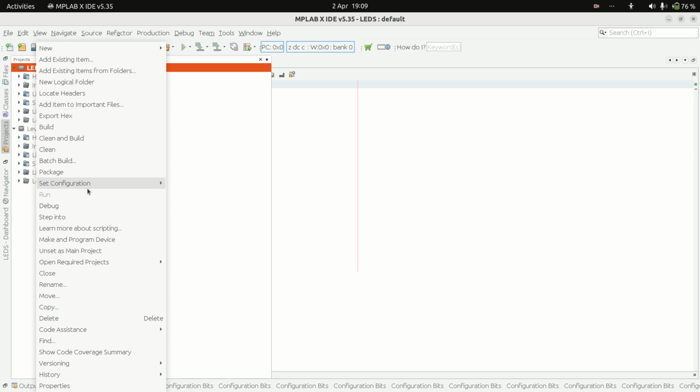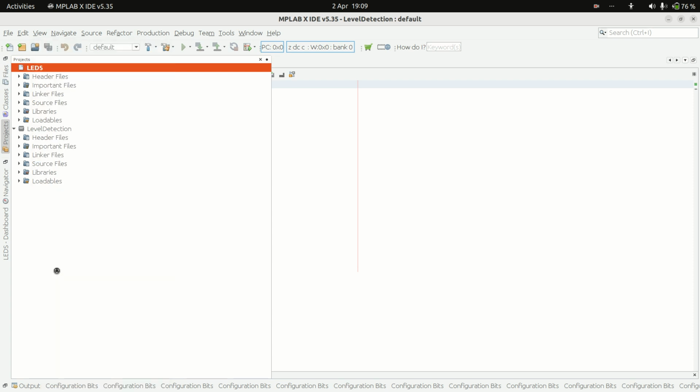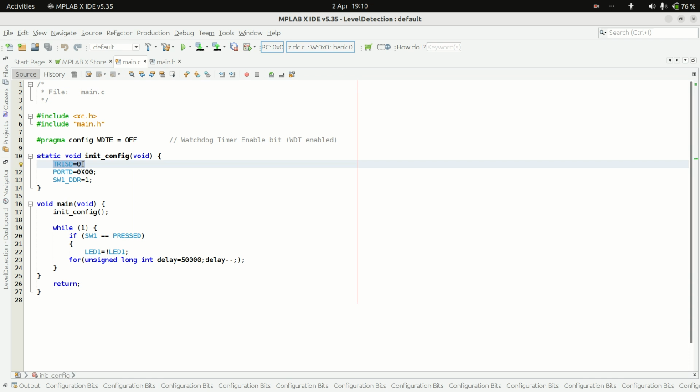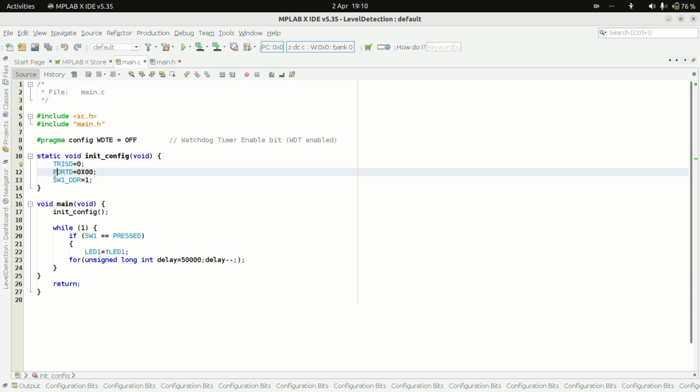Just close the previous project, and this is the level detection. Here, double click the source file, we have main.c. See here, we are considering port D, not port B. Okay, so this is port D,